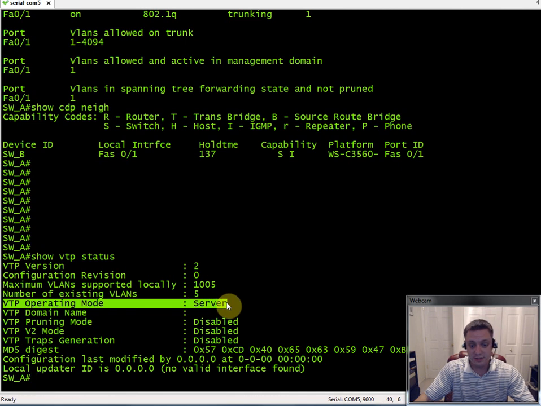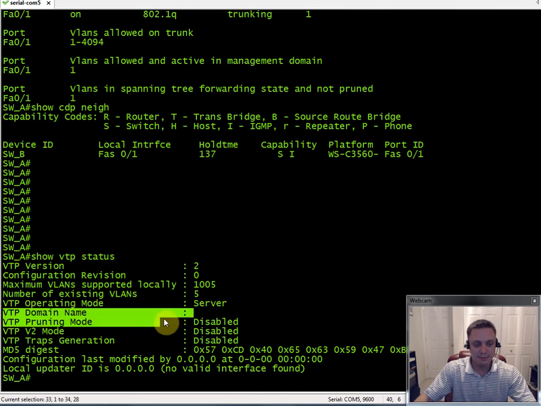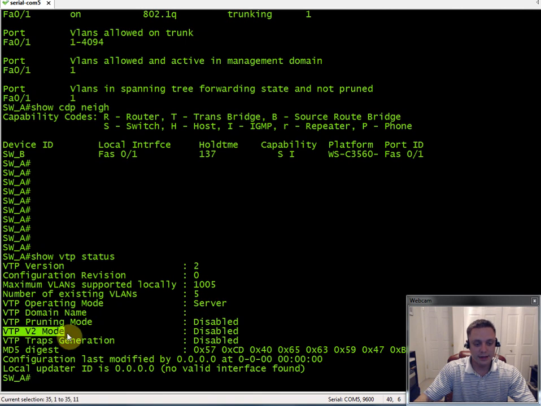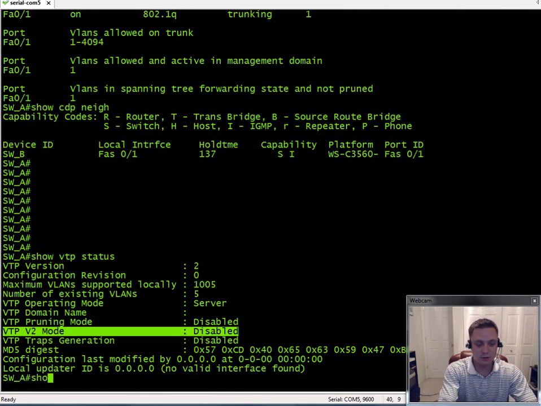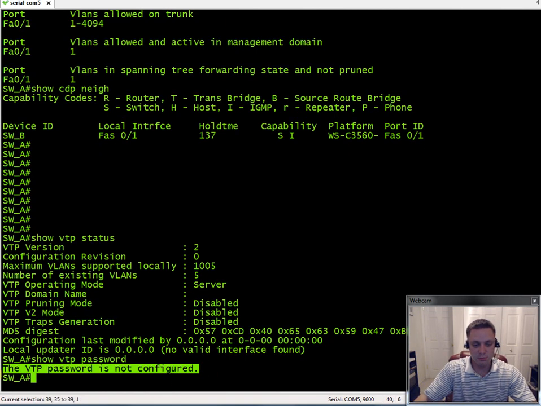The VTP operating mode is server, that's default. I have no VTP domain name set yet. The VTP mode or version that's actually running is version 1 because VTP version 2 mode is disabled. And I'm going to do a show VTP password, and as you can see, there is no password